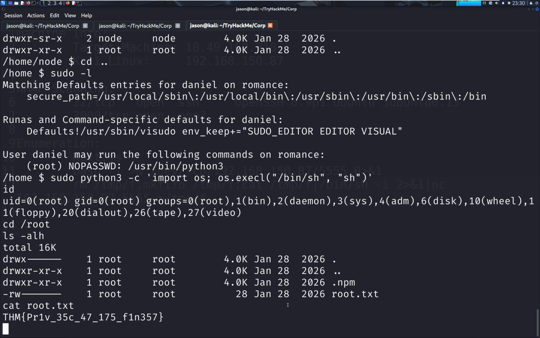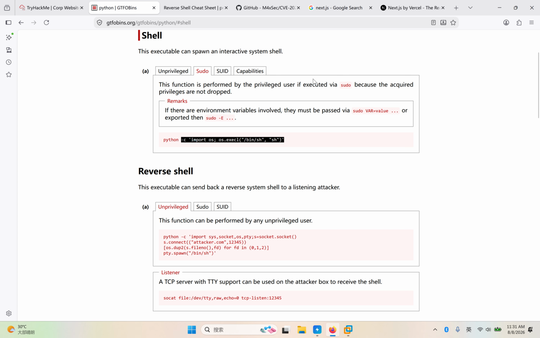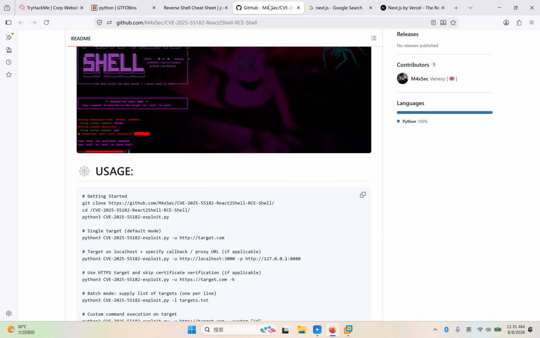Okay, so I think the key point of this room is to exploit the React Next.js framework, and to do that, we can use an existing exploit from the GitHub repository. With that being said,